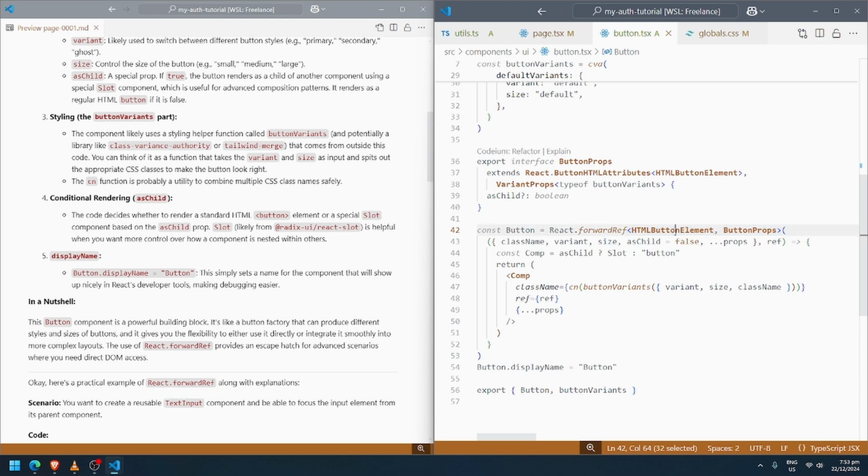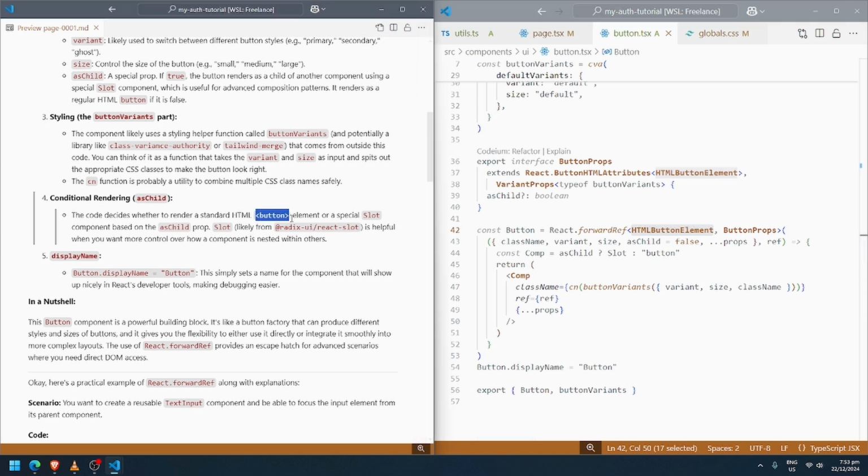So to understand this, for this HTML element, there are two parameters here for this forwardRef, HTMLButtonElement and ButtonProps. These are the properties that will be accepted in this button, and the target button on the HTML DOM, which is in this case this button here.